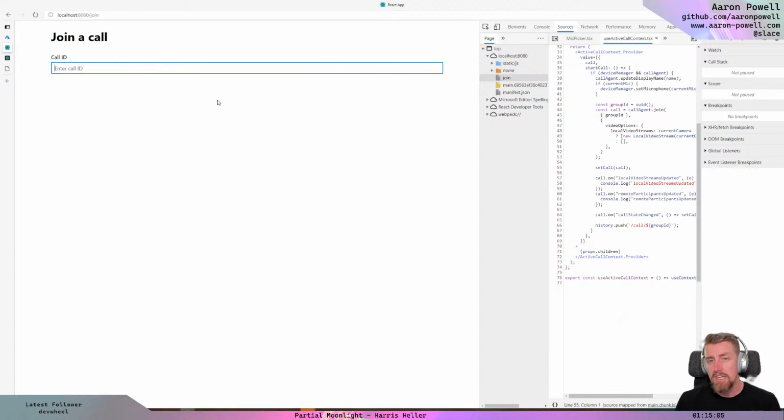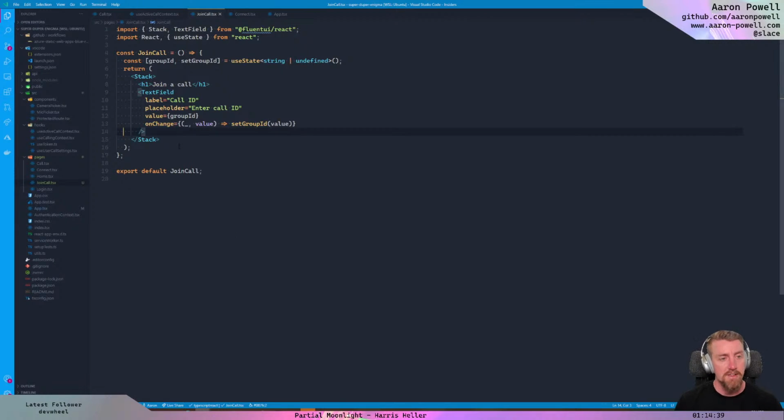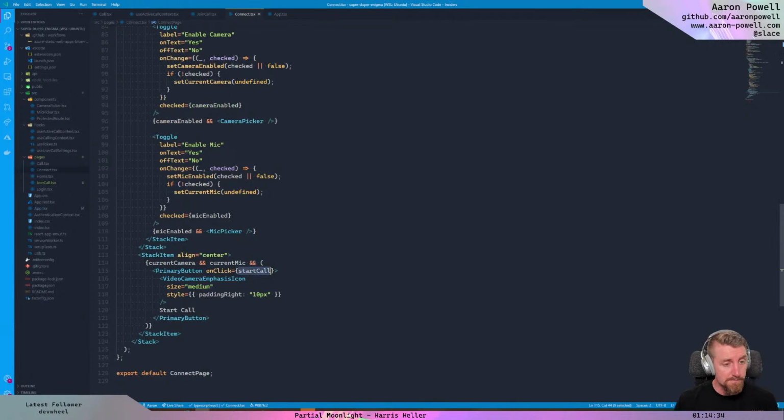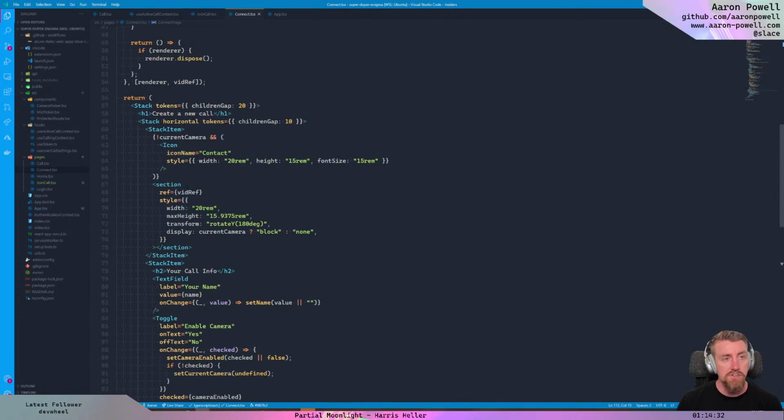Cool. Enter call ID. So that will be just where we paste in that big long GUID. I probably need to work out a better way to share calls around. Or actually, I have thoughts on this, but we'll come back to it. Like if you click a link in an email, that's how you join. We're going to have a bit of a redirect flow, but we'll come back to that because the next thing that we want from there is the details that are in the connect page, except for that button. So it's actually this